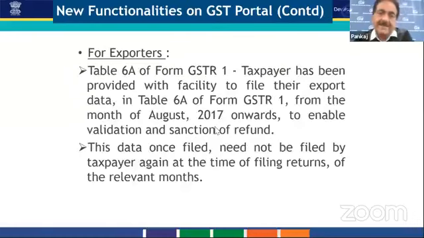And one recent functionality is also available to the exporters who have paid GST on their export of goods and or services.